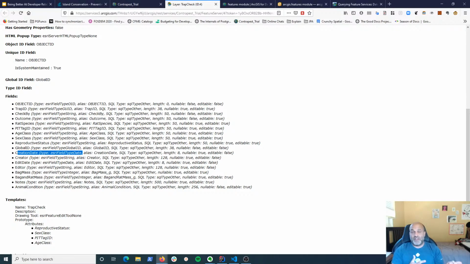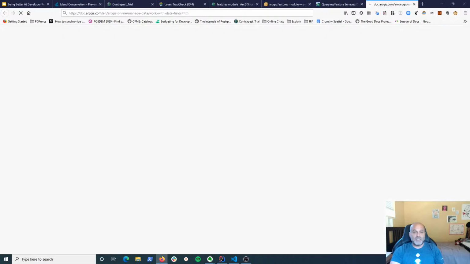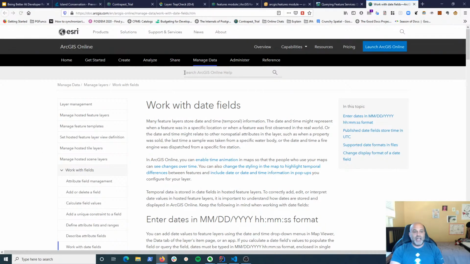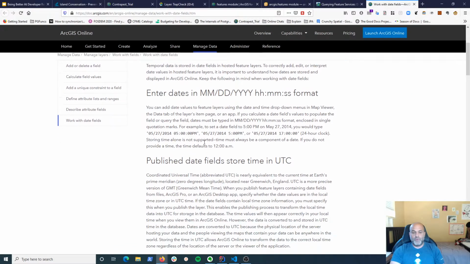So the web interface is smart enough to show it in the local time of the browser, not in the time the data was collected. And so it translated it again to Pacific time because I happen to be in the Pacific time. So I start asking more questions, and it turns out there are a few docs that discuss it, but they're under managing data in ArcGIS Online, right?